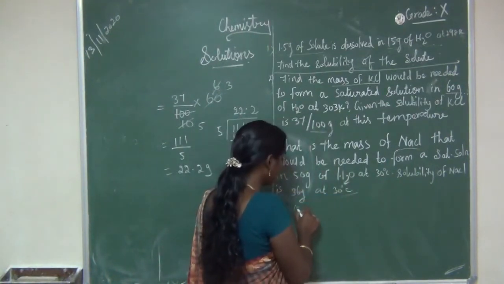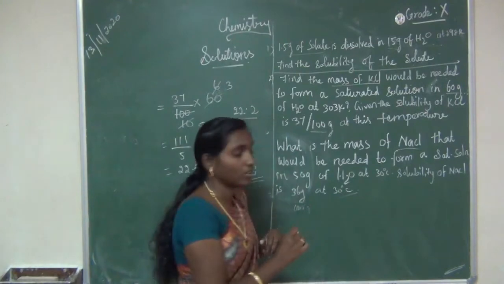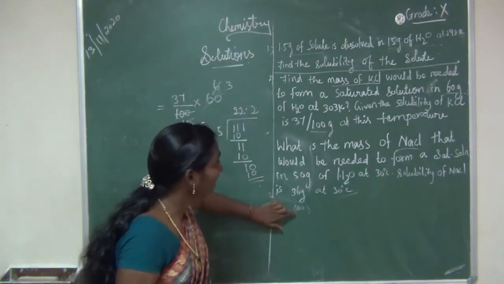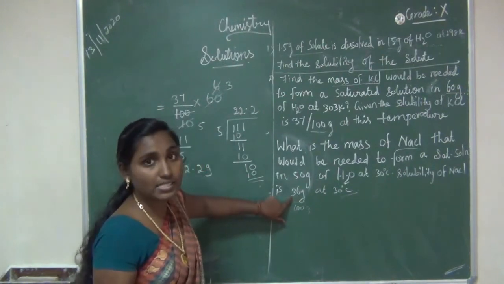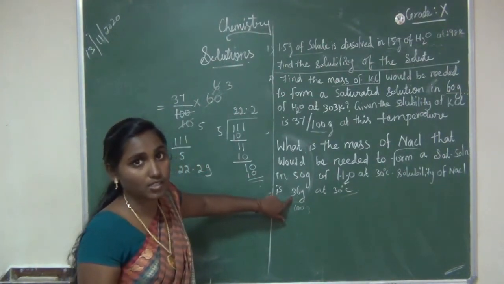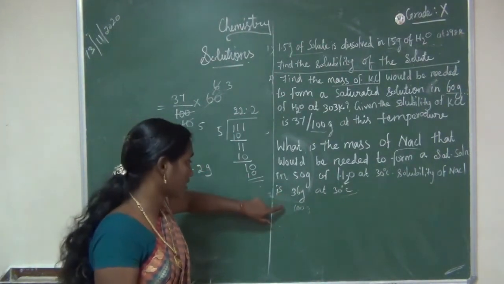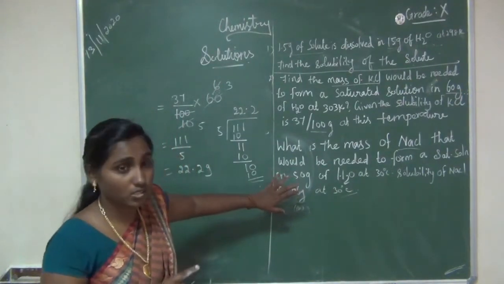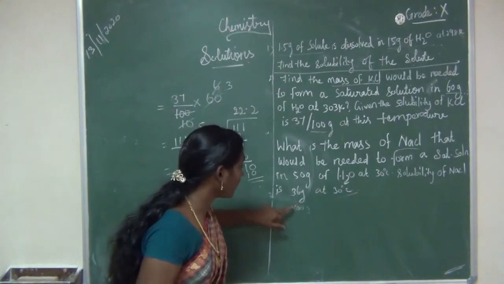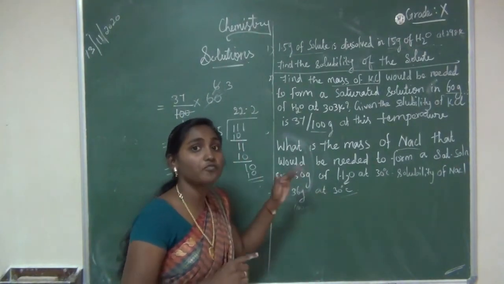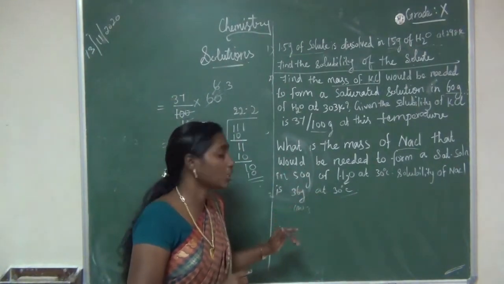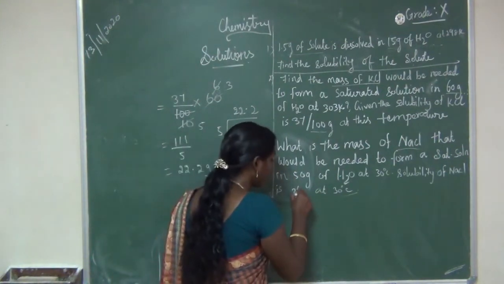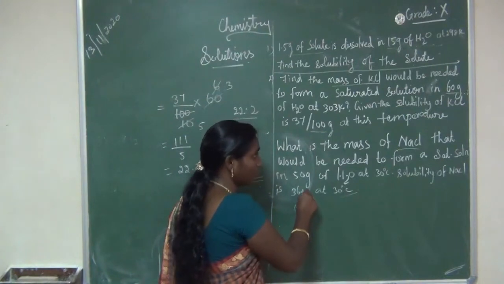36 gram in 100 gram of water. So listen here, 100 gram of water can dissolve 36 gram of sodium chloride salt. This is common, we all know that, right? In the 1 mark question also they will ask this one. So 100 gram of water can dissolve how much gram of sodium chloride? 36 gram. 100 gram of water can dissolve 36 gram of sodium chloride, means